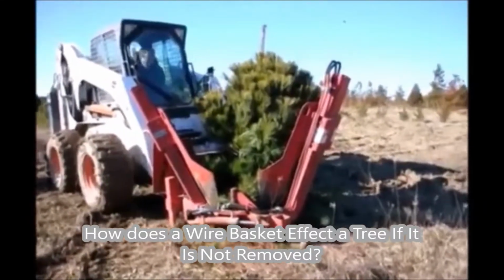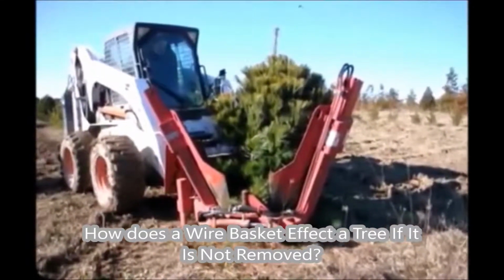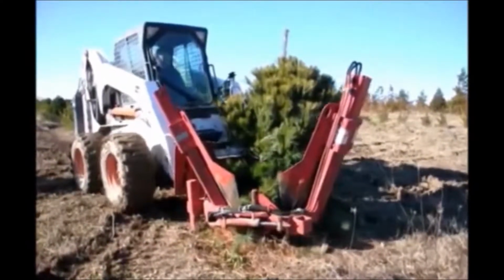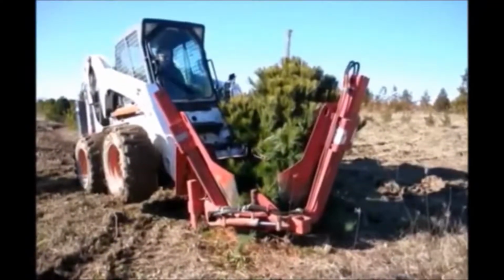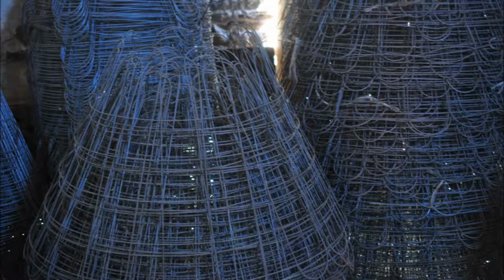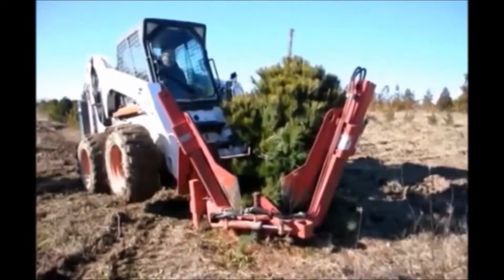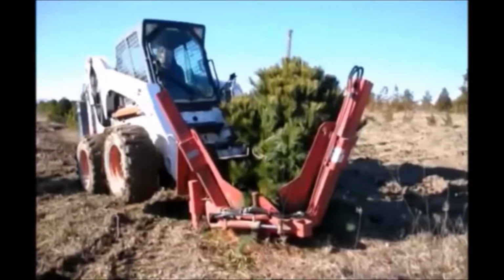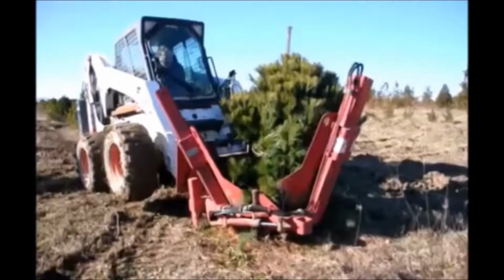At our tree farm, Highland Hill Farm, we grow a lot of large trees, and we dig these trees out with a large digging spade and a bobcat. And for efficiency and to keep the balls together after they're dug, we use wire baskets. Wire baskets tend to hold the tree ball together after it's dug out of the ground for transport and installation